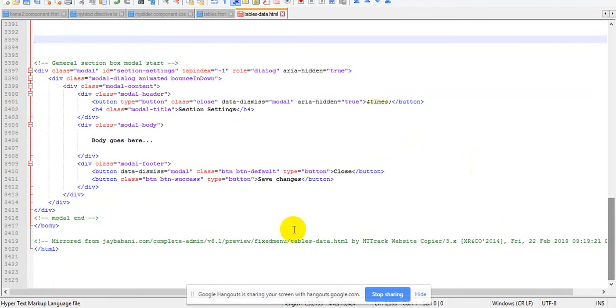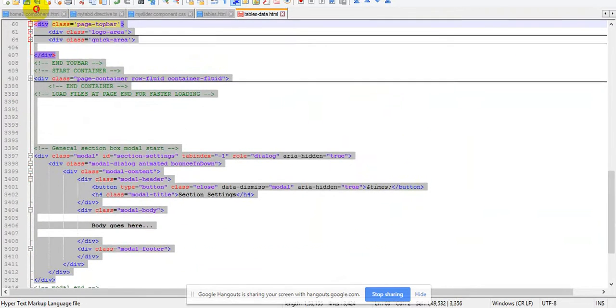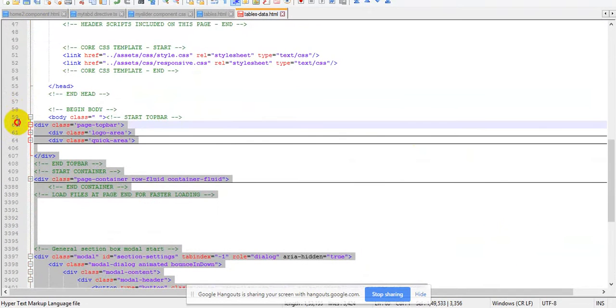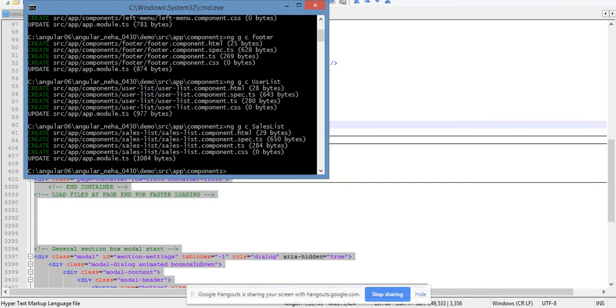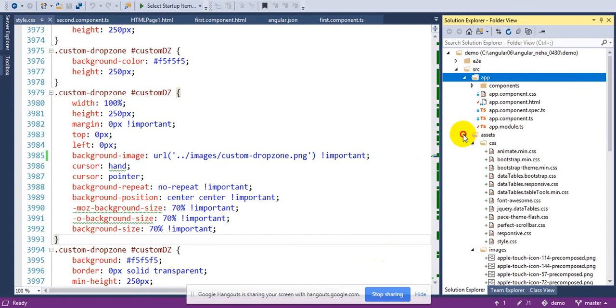And body to body I am going to copy, Control C. Okay, I have copied everything excluding JavaScript, because we don't want any JavaScript on our page. We have removed all JavaScript tags and we are copying everything.